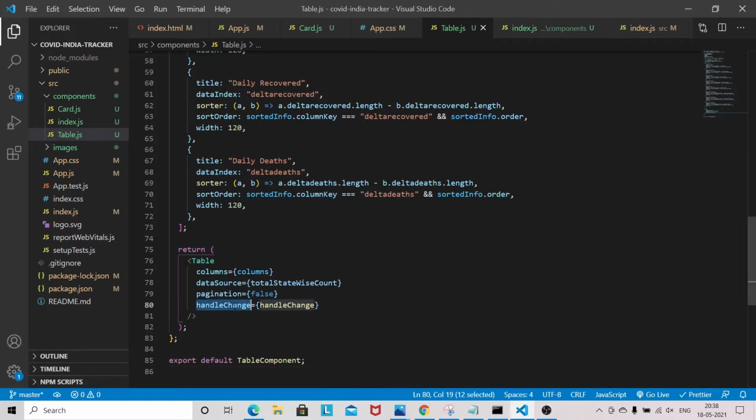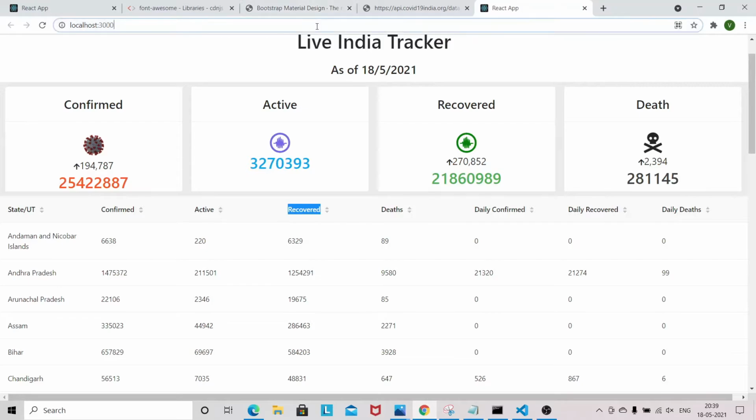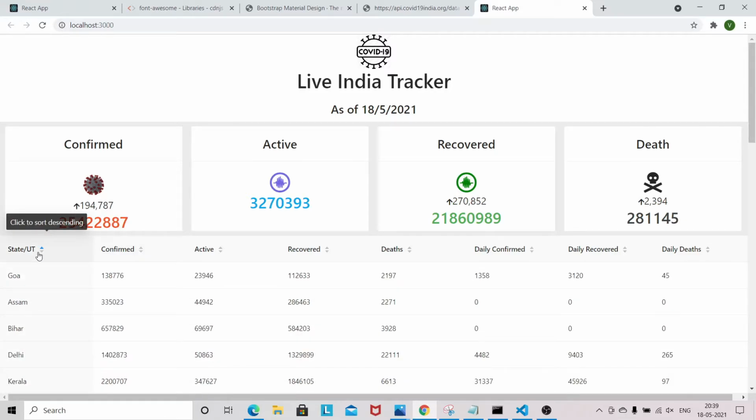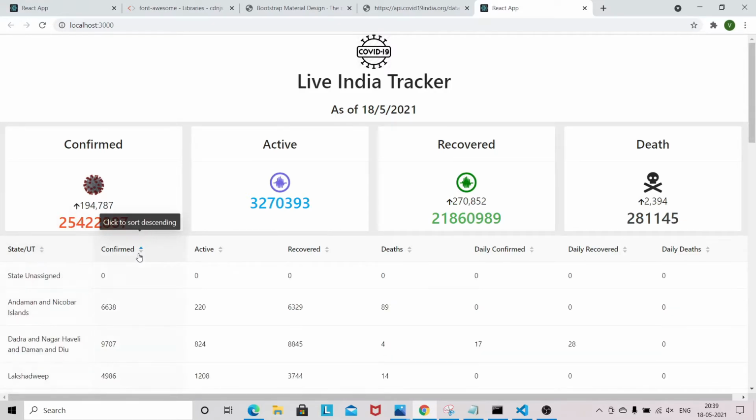So this will not be handleChange, this will be onChange. Okay. Now come here. Now let's see. Okay, it's working. So the column sorting is working.